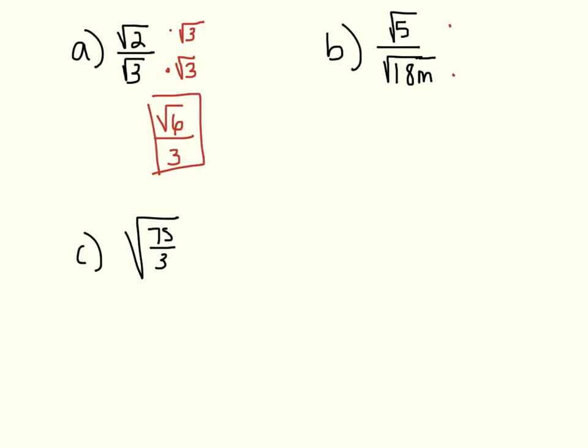I'm just trying out numbers now. 18, I'm just guessing things. 18 times 3 is 54. That's not a perfect square. 18 times 4 is 72. Not a perfect square. And you can just keep going until you find something that you can take the square root of. I just kept going. I'm taking 18 times 5, 18 times 6, 18 times 7. And then once I multiplied by 8, I realized that 18 times 8 is 144, and I can take the